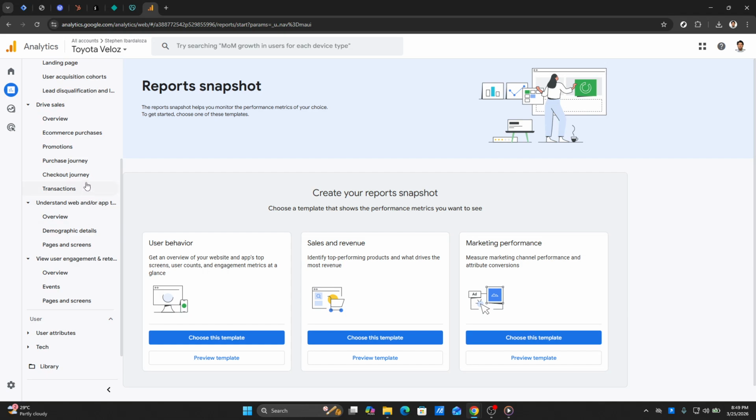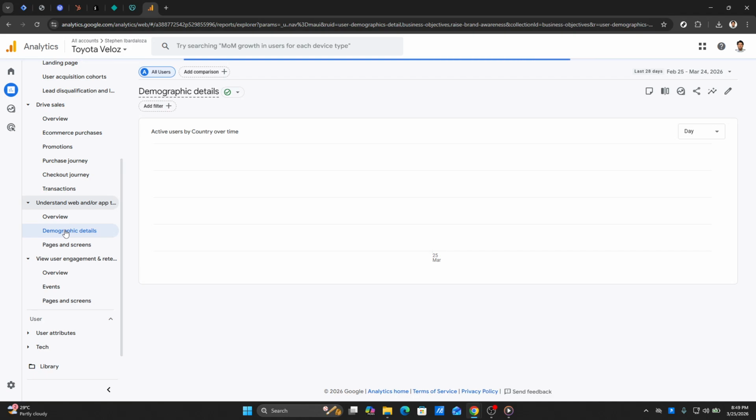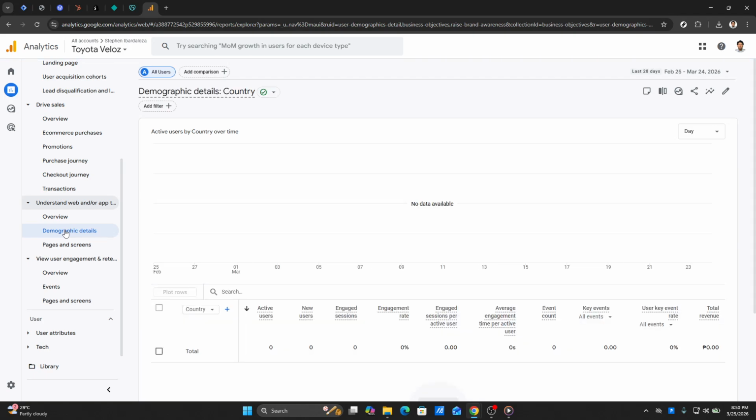The next step is to click on Demographic Details. This section provides a plethora of information about your audience, such as their age, gender, and importantly for us today, their geographic location. This is where things get interesting, because understanding the demographics can significantly inform how you approach your